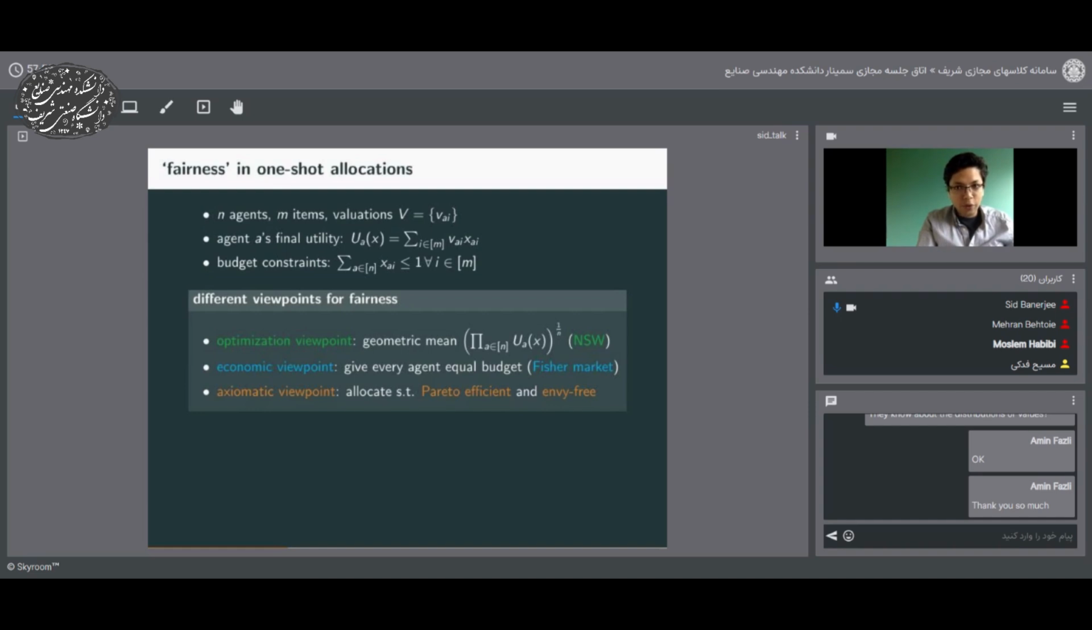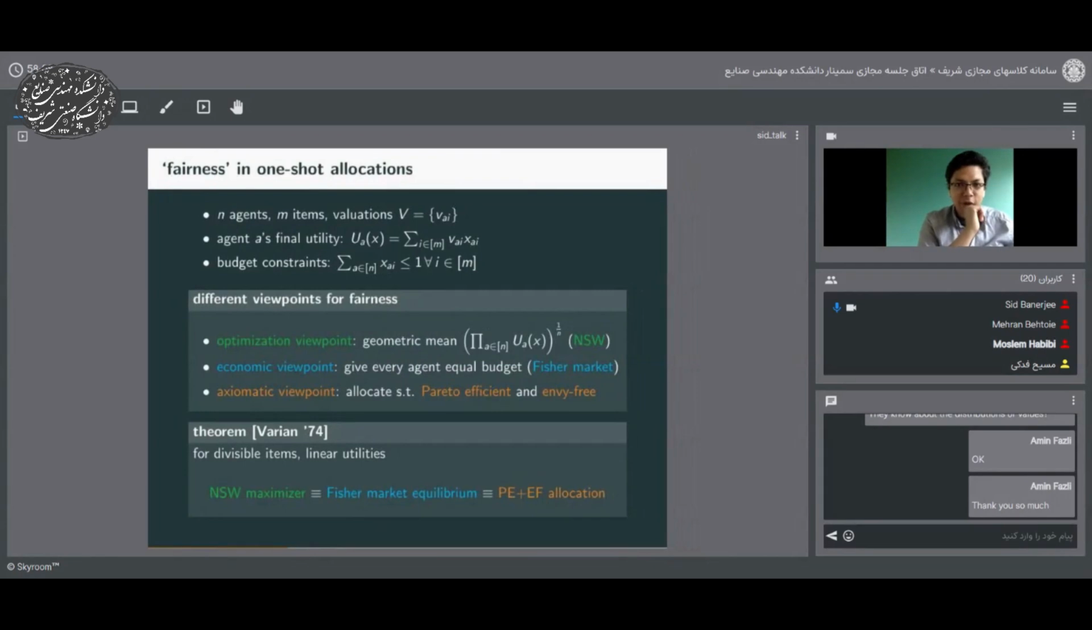Okay, so why have I picked these three particular definitions? Why did I pick geometric mean? Why Fisher market? Why Pareto efficiency and envy-free? Well, these three are actually somewhat special in that it turns out that for many settings, these three are exactly the same. So in particular, as long as the resources are perfectly divisible, so as long as you can